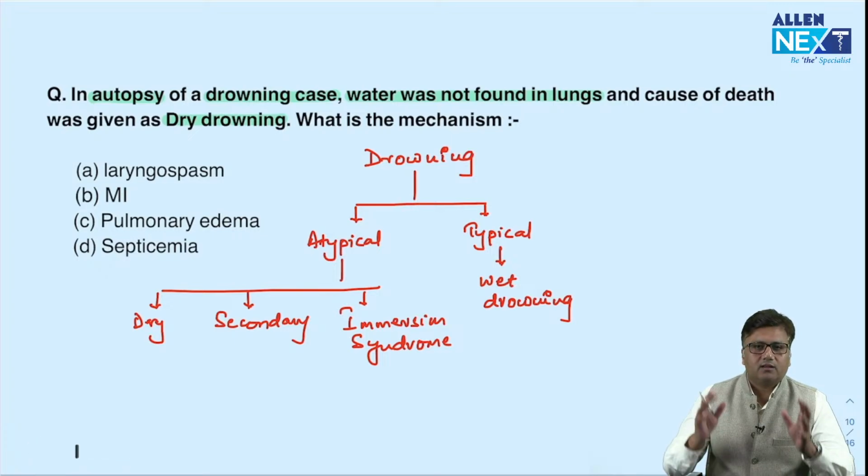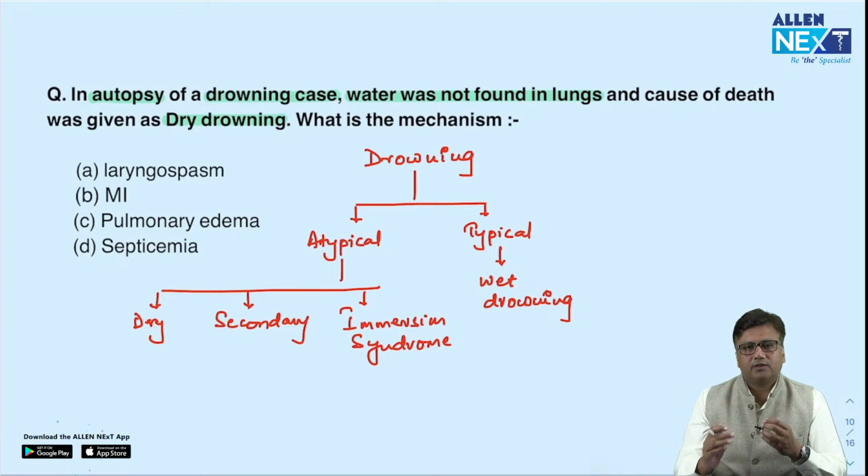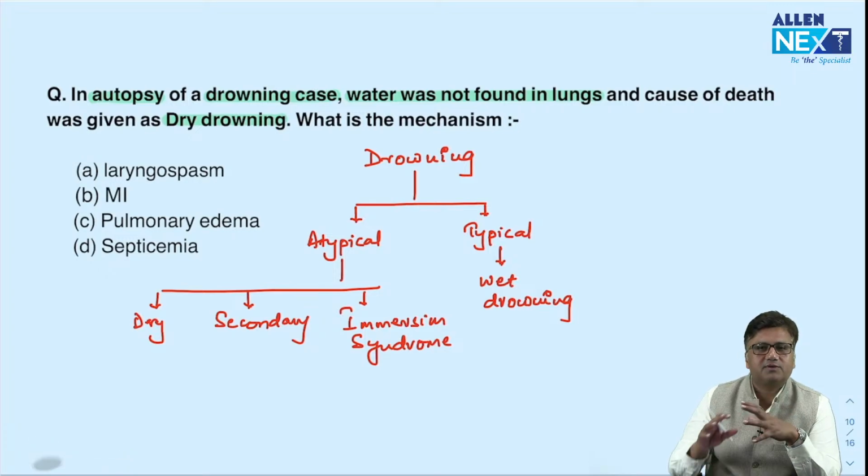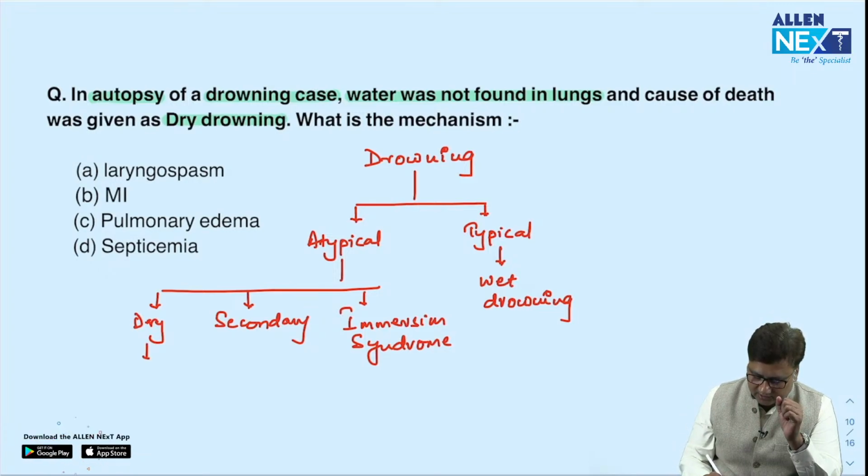Dry drowning: person falls into water, the water starts to enter into respiratory tract. The moment the water enters into respiratory tract, laryngeal spasm develops, the person dies. So, the cause of death is